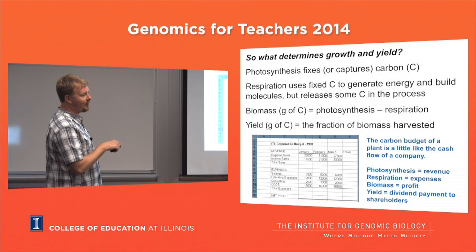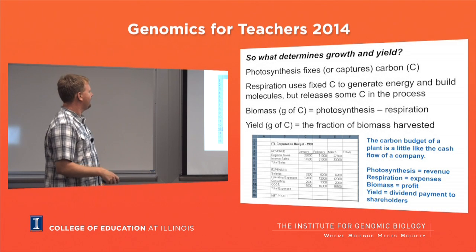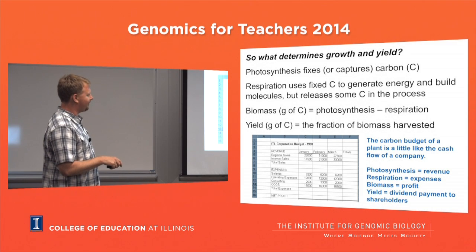And then if you're a farmer, or you're in the business of worrying about food, yield is just the portion of the biomass that was left at the end that you actually get to keep. And so you can think of that as being like a company where photosynthesis is revenue, respiration is expenses, biomass is profit, and yield is the dividend you pay to your shareholders. And so